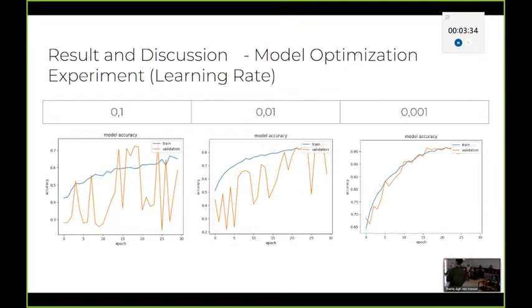The final experiment is the learning rate experiment. There are three learning rates: 0.1, 0.01, and 0.001. The best result was achieved by the 0.001 learning rate. As we can see, a high learning rate is good for computational time,